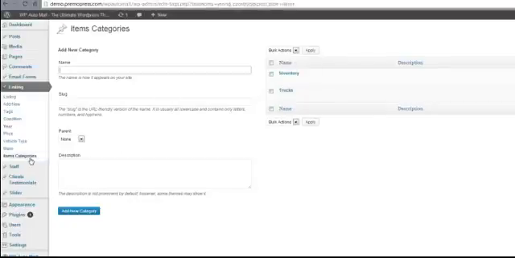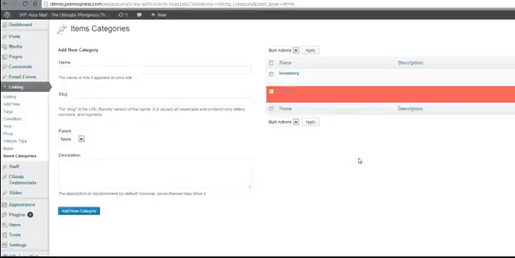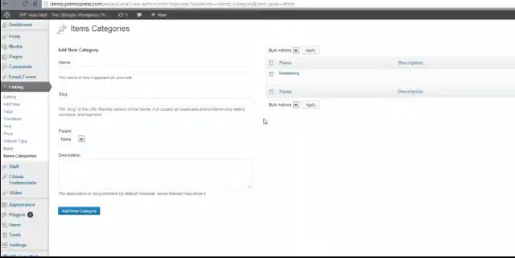A little bit more on the items category type. Again, I told you that you want to have one master category. I'll just go ahead and delete this trucks one that we created. You want to have one master category that every item falls under. And I recommend naming it something like inventory. And then every time you create a new listing, just make sure that you assign that listing to this master